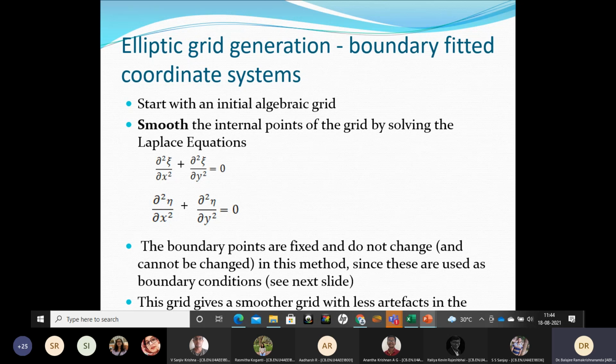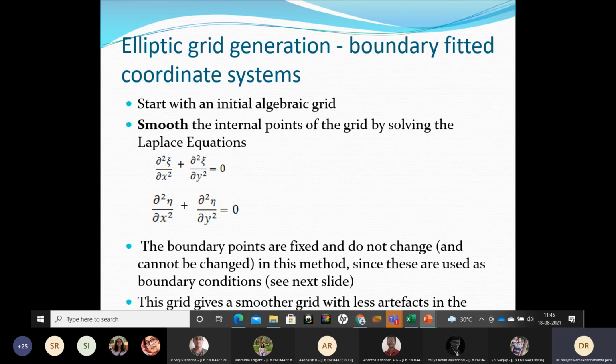Now, if you look at this, you can imagine, right? Phi and psi. What is phi? Potential, velocity potential. What is psi? Psi is the stream function. They are also like this. Phi and psi are always orthogonal to each other. That is exactly what you are trying to imitate or mimic here. z and eta are also orthogonal to each other at every point. So if you solve these two appropriately, you will get a function in which the grids are orthogonal to each other, the grid points. If you solve it with zero error, which is not possible, they are as orthogonal as possible to each other.